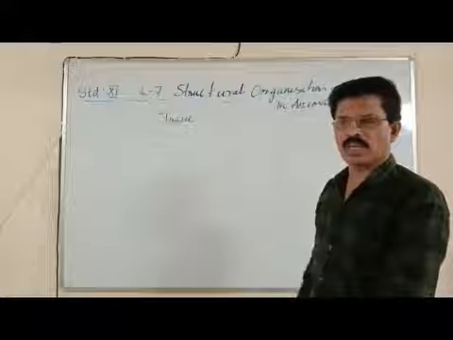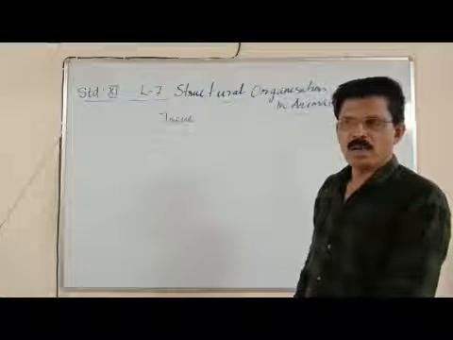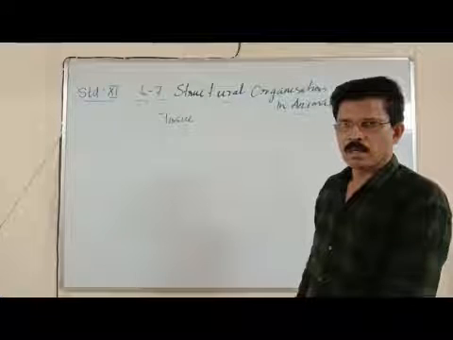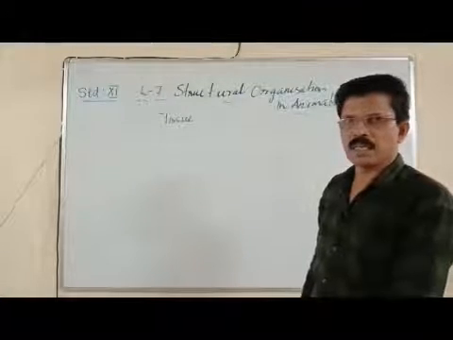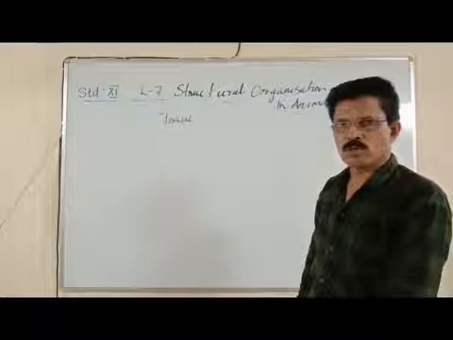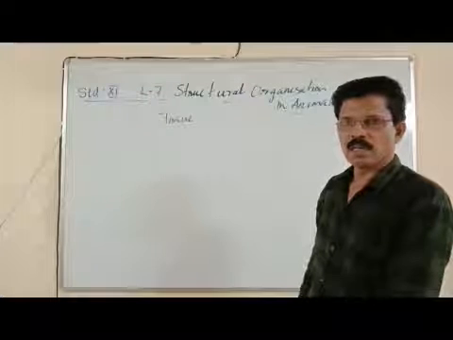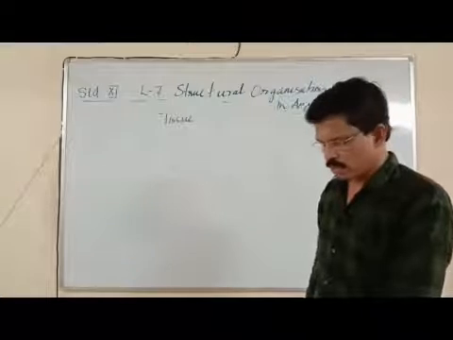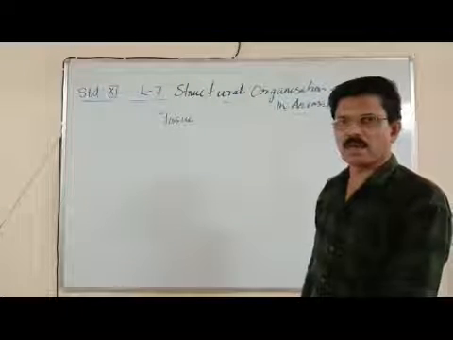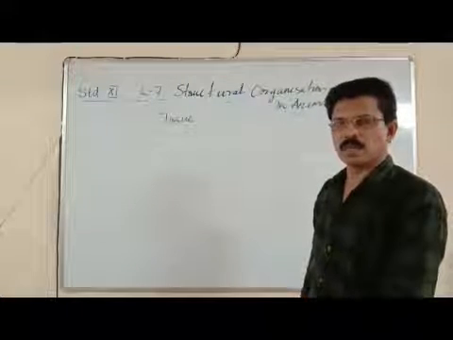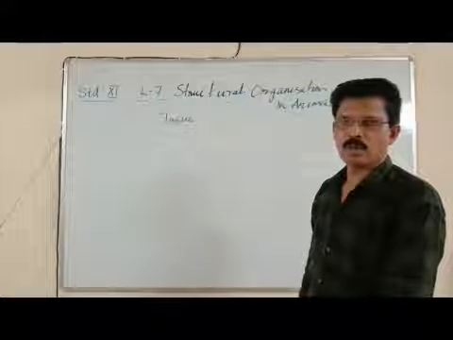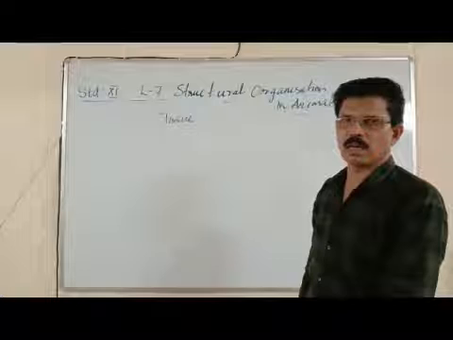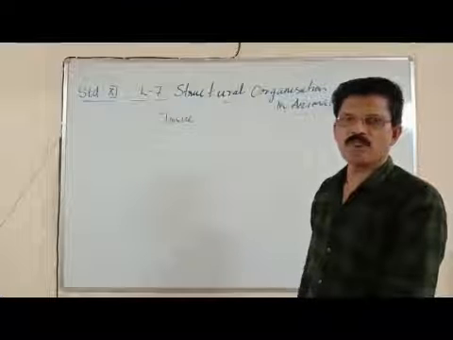Now coming to connective tissue. Connective tissues are of different types. We have already seen loose connective tissue, then dense connective tissue. What are the 2 types of dense connective tissue? Dense regular connective tissue and dense irregular connective tissue. In dense regular connective tissue, we have studied tendons, ligaments and fibroblasts.